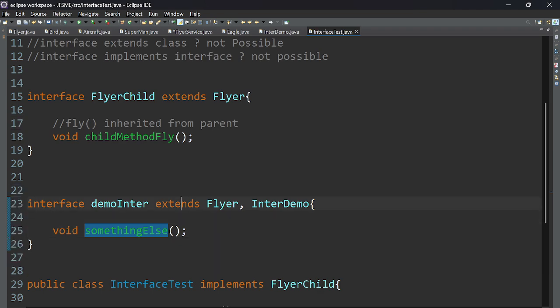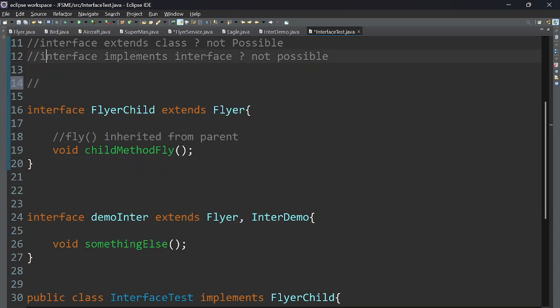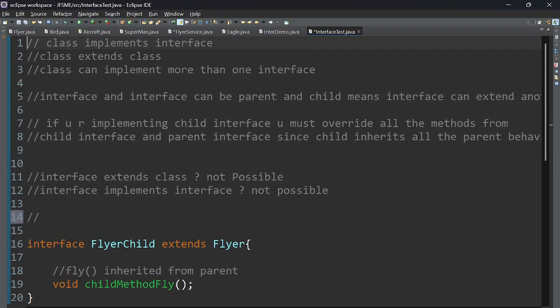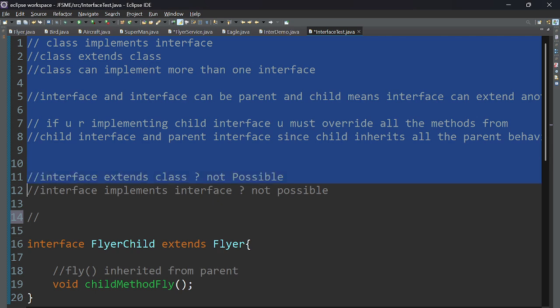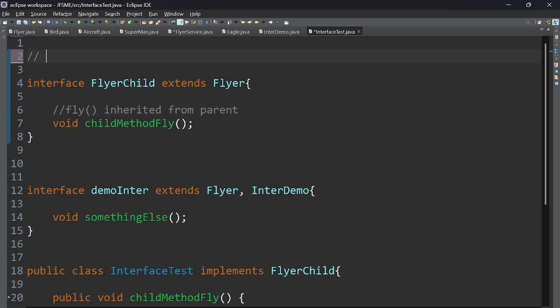So what is happening here is an interface is extending from more than one interface. That means multiple inheritance is available in Java. So multiple inheritance is possible with interfaces. So let's add that point again. I'll clean up all these points that I have written before. One important point that I am focusing on is